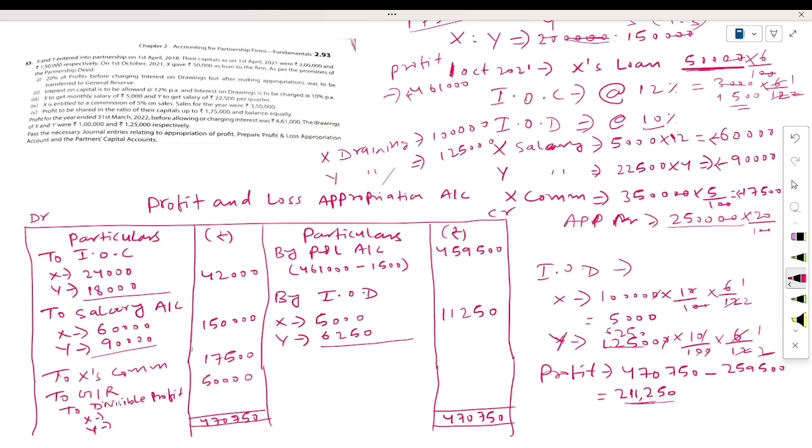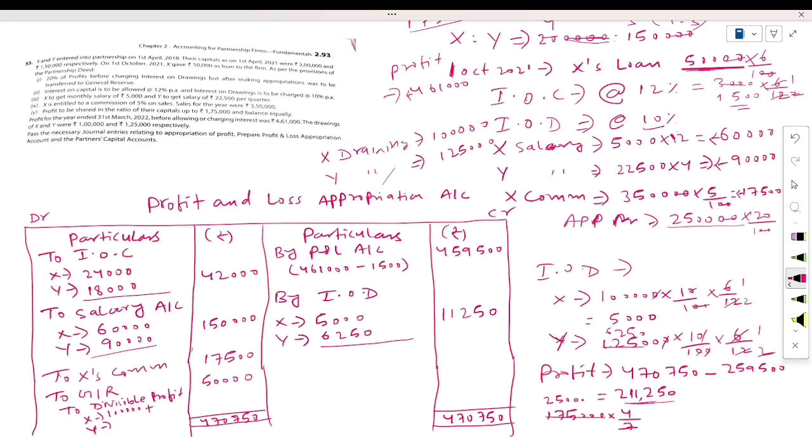Capital ratio is 4:3. So if we distribute 1,75,000 into their capital ratio, which is 4:3, it means 4 upon 7. Then what will be the amount? 7 fours are 28, and 7 threes are 21, 7 fives are 35. It means 1 lakh will be X profit,